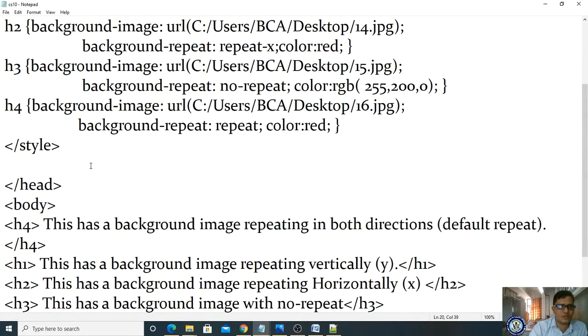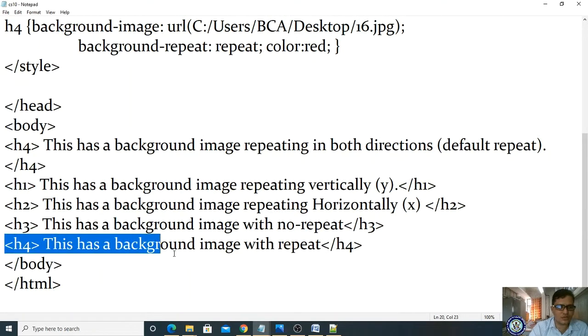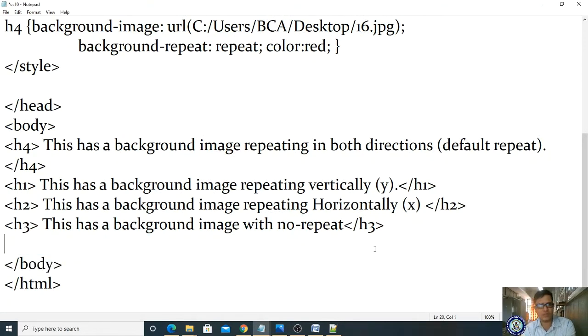If you see here, the background image has been applied, but we are getting confused, right? To avoid this confusion, we are supposed to set height and width. If we set the height and width, we can understand this concept, otherwise we are unable to. Here the h4 appears where it is not required. In h4 it is repeating, and in the body tag it is repeating, in both directions. Yes, it is repeating, but we are unable to tell whether it is repeating or not.